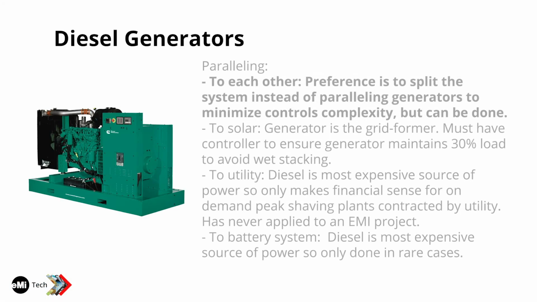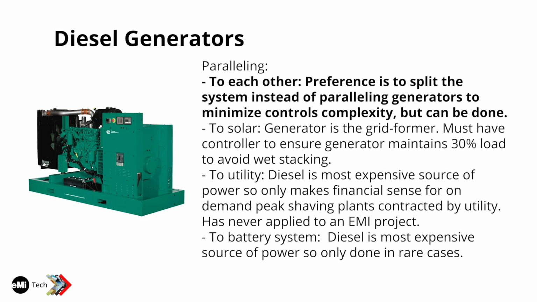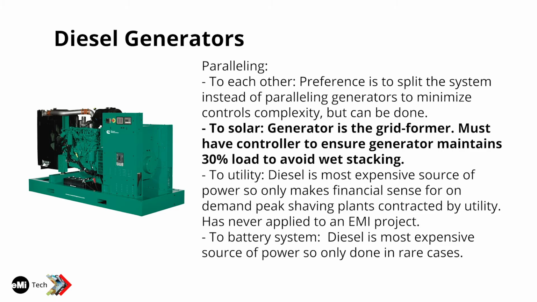We do not tend to parallel 2 generators together because of the additional complexity of the controls to do that. As much as possible, we try to shy away from any extra controls, just because if it fails, then what do they do? I can't say this is 100% of the time. It depends on the site. Some countries are more developed than other countries. Some countries have better maintenance staff than other countries. So you just have to take your engineering judgment. If you go to a site and there's nobody maintaining anything, and I don't think anybody there would even know how to fix 2 generators paralleling, then just avoid it. Just split the system into 2 and put two generators there.